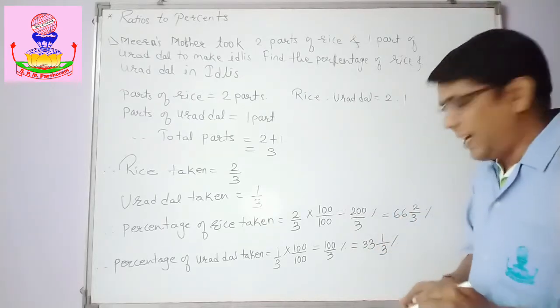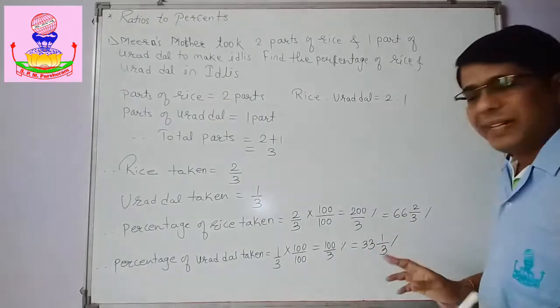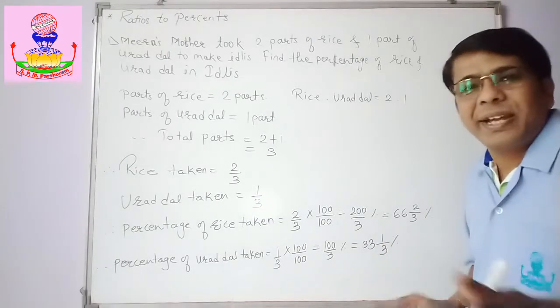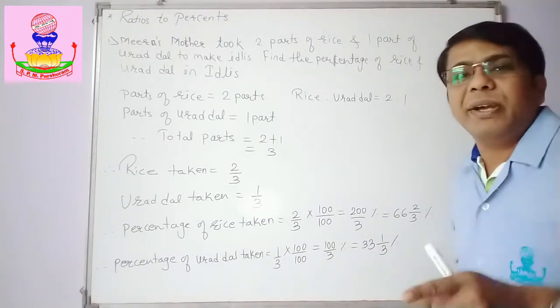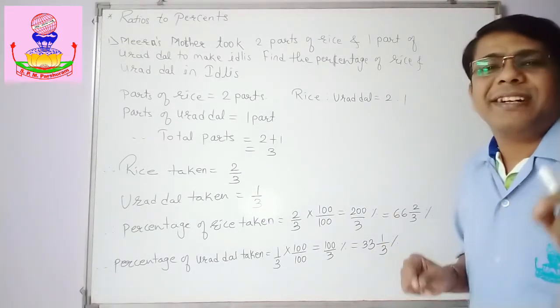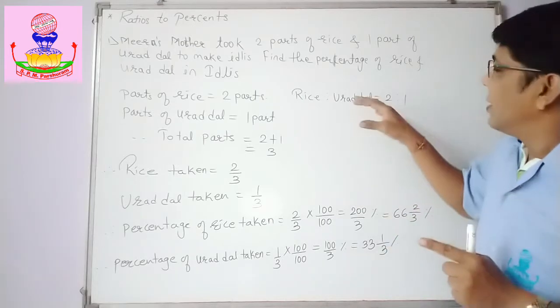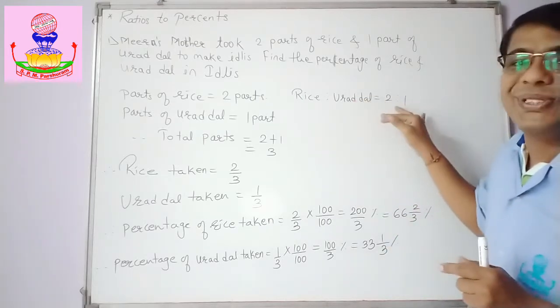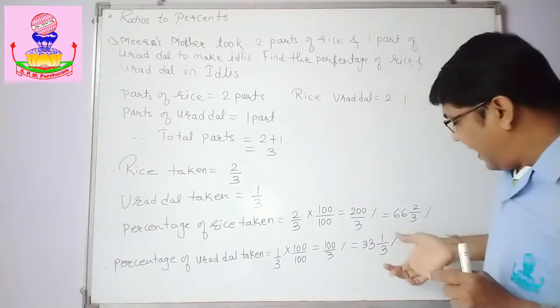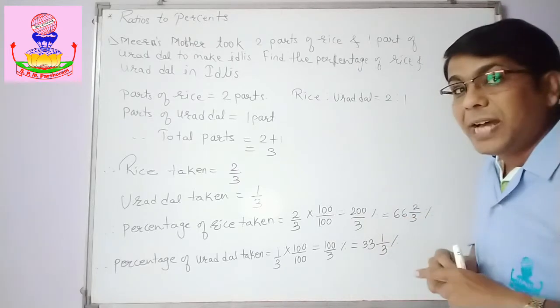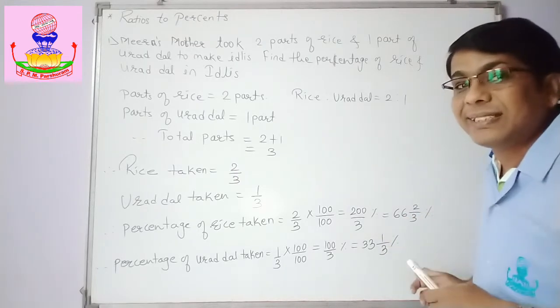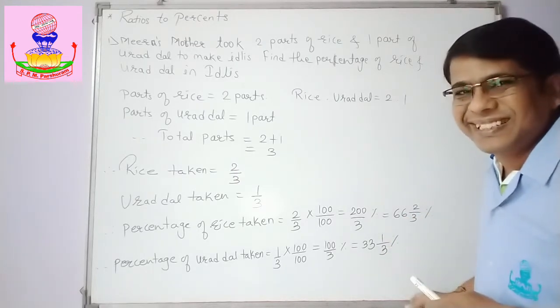Got the percentage? Okay. Now you can add them. You will get it as 100%. Okay. Total will always be 100. When you don't get it, definitely we have made some mistake. So, she has taken the ratio as 2:1. Okay. And we have converted. Meera and Umranikar were successful in converting this.